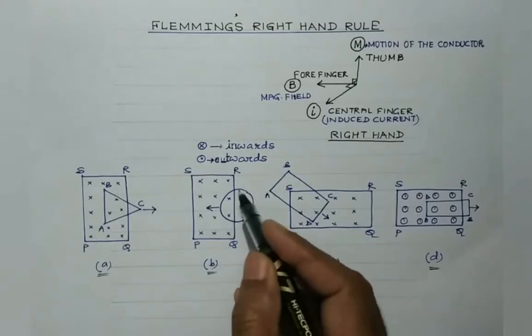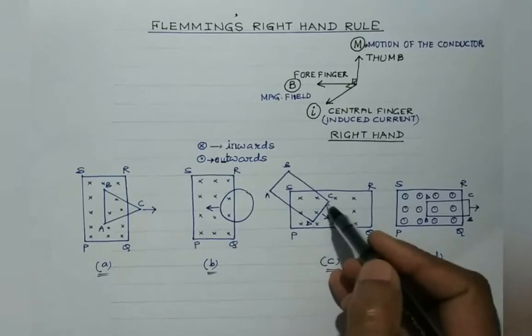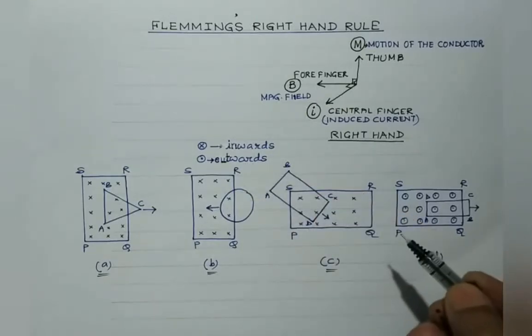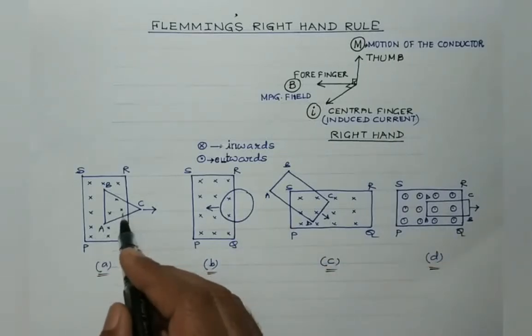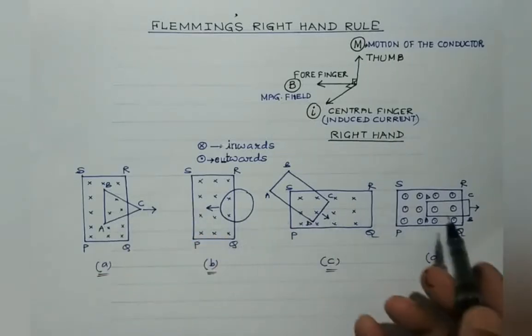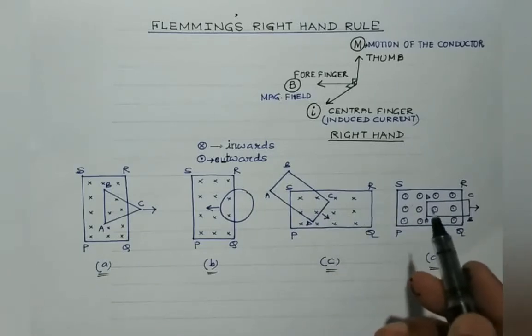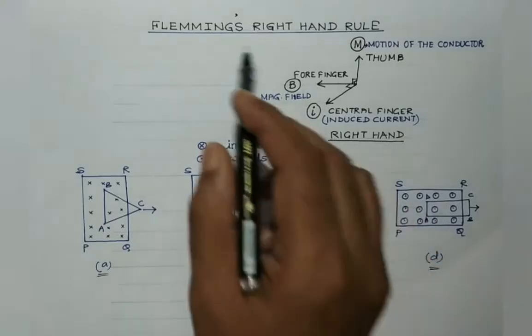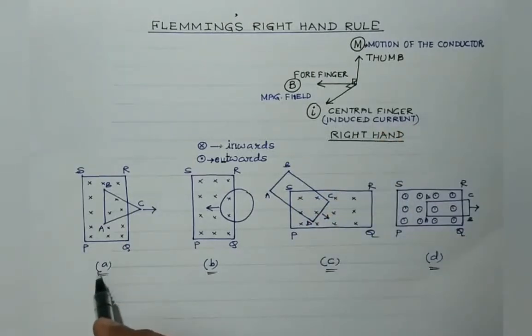ABC is a loop which is taken in the outward direction. This is another circular loop which is made to enter the region of magnetic field. There is a rectangular loop which is again brought inside the region of the magnetic field. In all 4 cases, due to the change in the magnetic flux linked with the loop, induced current is produced. Our objective is to determine the direction of the induced current using Fleming's right hand rule, which we have discussed. So let's apply Fleming's right hand rule in the first case.